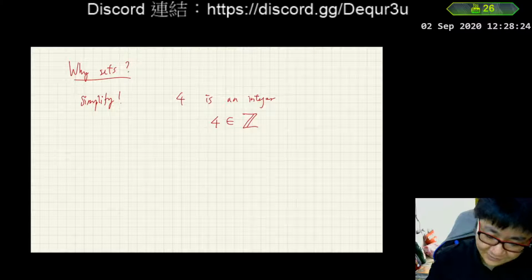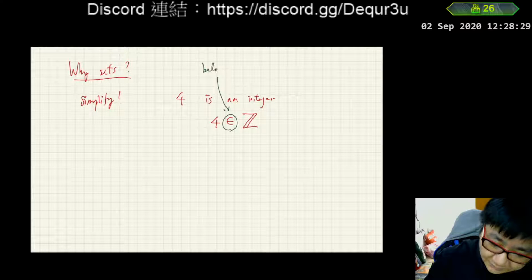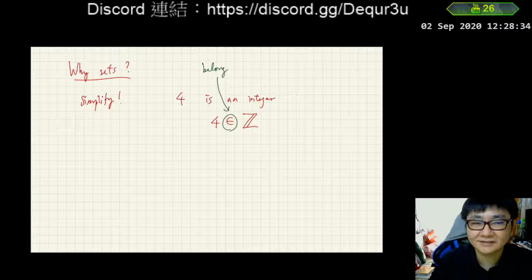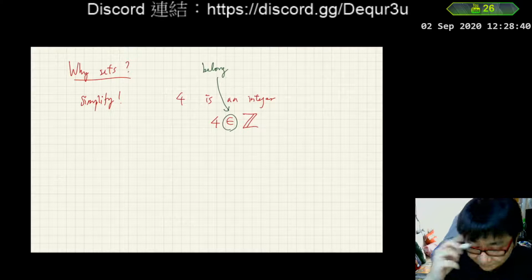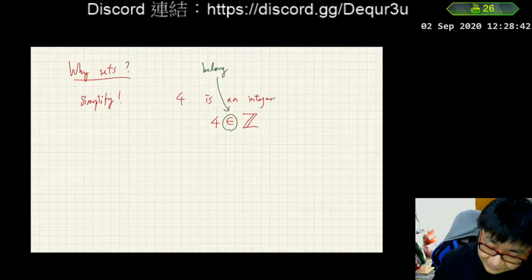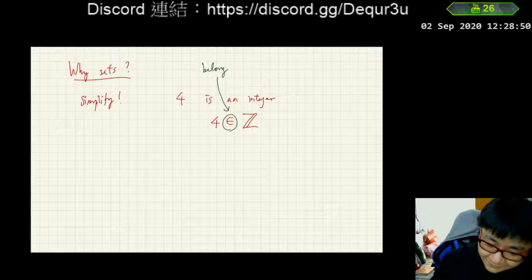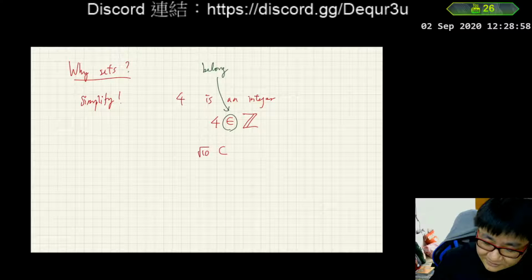To make it clearer, this symbol is called belong, and it means 4 is an element of the set Z. So we use the symbol belong. On the other hand, we mentioned earlier that the square root of a not beautiful number is not a rational number. Therefore, we can also write, like, square root of 10. Of course, it is not beautiful, and you can also press the calculator and check. Then it is not a rational number.